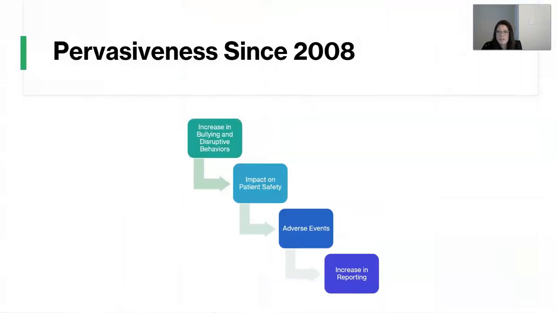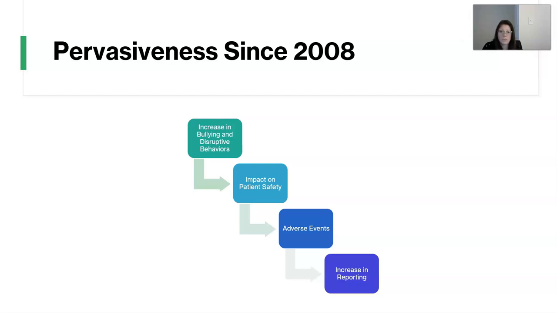There's a pervasiveness of this behavior, at least reported behavior, since 2008. Disruptive and bullying behavior, such as horizontal violence, has been consistently prevalent in healthcare work environments. It was more frequently reported and studied since 2008, but it occurred before then. When reviewing the literature on the topic, there is still a stark correlation between the pervasiveness of these behaviors and a negative impact on patient care and the ability of the nursing profession to thrive in its collective numbers and professionalism. Other research provided early evidence of bullying in the nursing workplace globally.